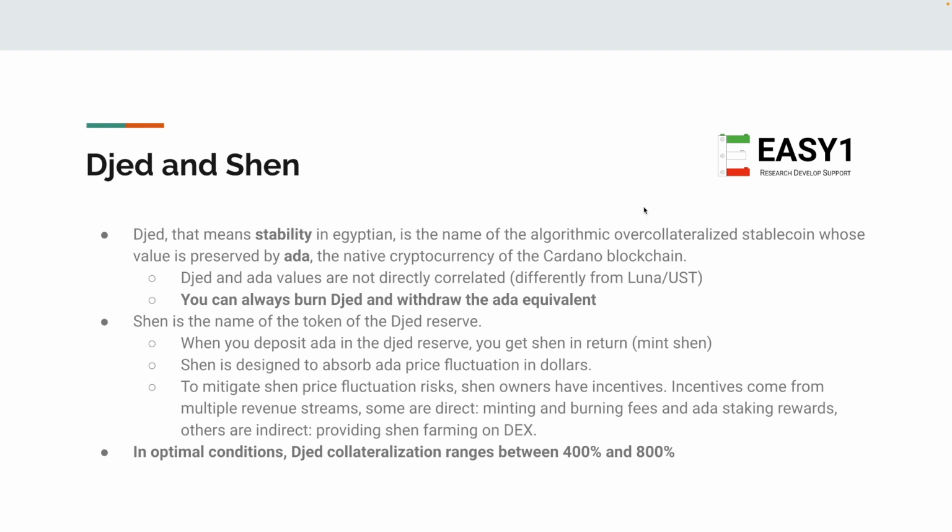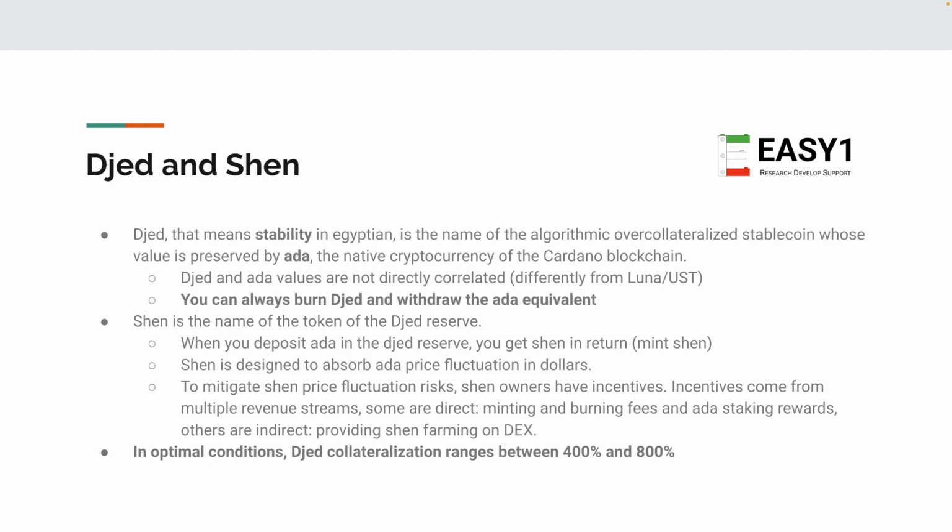So first things first, Djed and ADA values are not directly correlated. This is a really substantial difference between Djed and the Luna and USD stablecoin. We will see later why this is really important. Another fundamental aspect of Djed and Shen is that you can always burn Djed and withdraw the ADA equivalent. This is fundamental because all the other operations, like minting and burning of both Djed and Shen, are in some circumstances forbidden. But Djed burning is always possible, and you will be able to withdraw the ADA equivalent for Djed